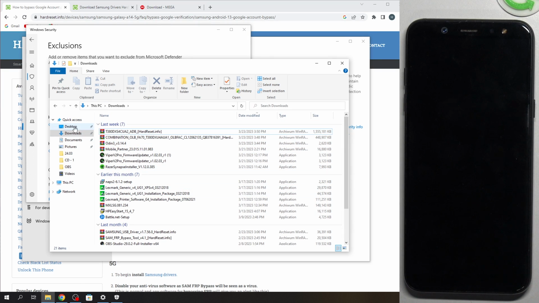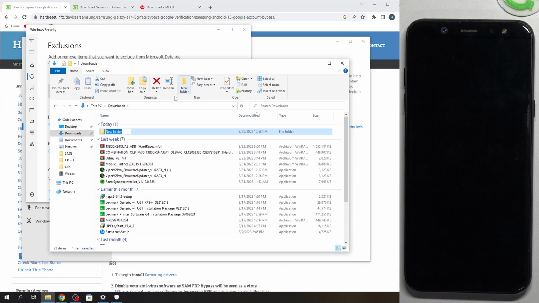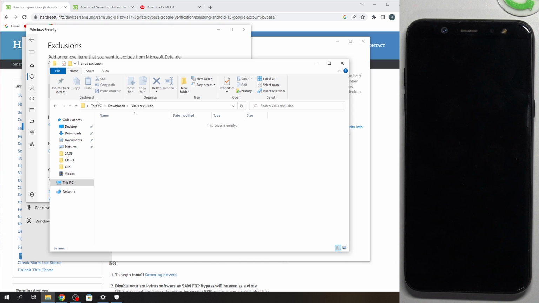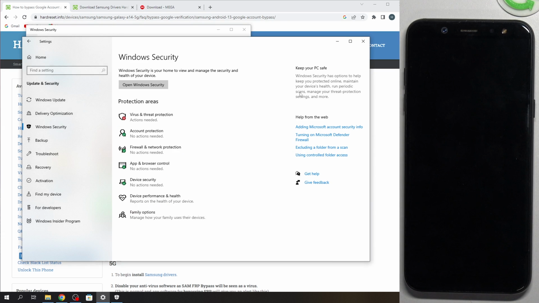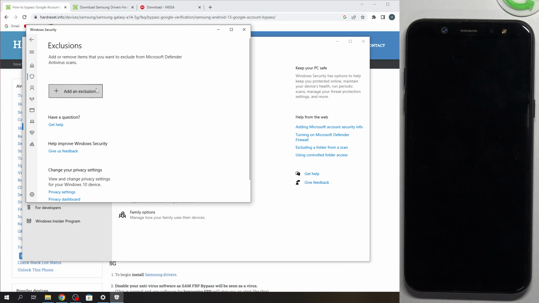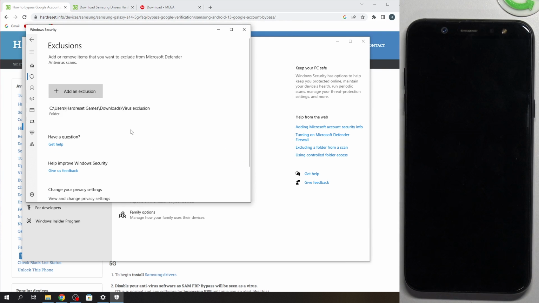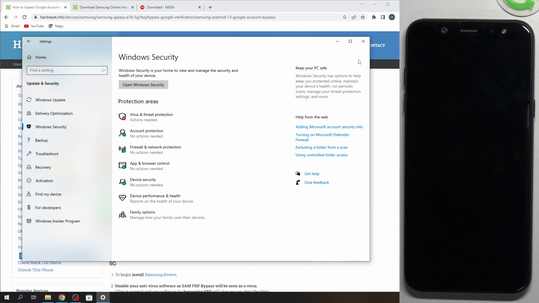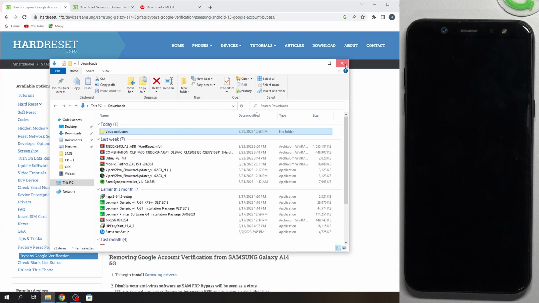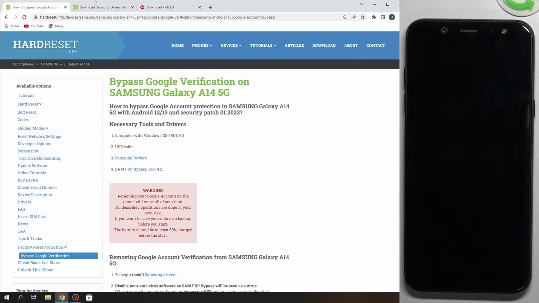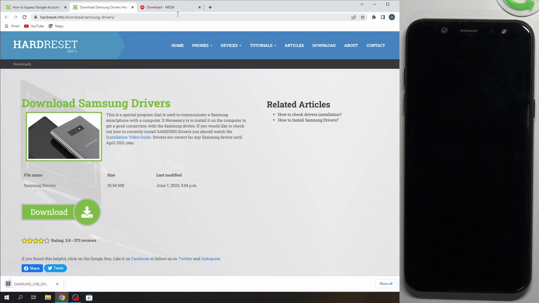And now in your downloads folder, create a new folder with the name of, I don't know, virus exclusion. Open this folder and now you can close it. Click add an exclusion on your Windows Defender, click folder, find your virus exclusion folder here and click select folder. Great. Now go back, close the settings of your device, and now just download the Samsung drivers